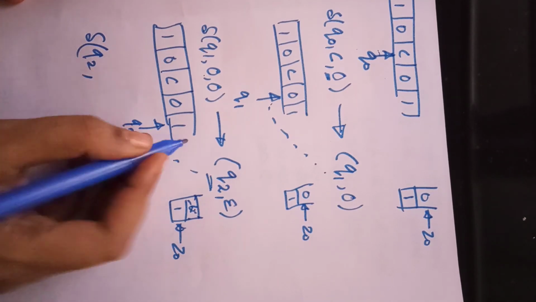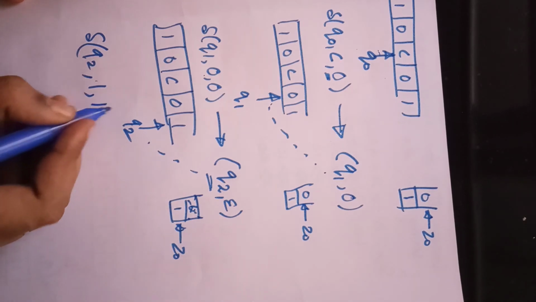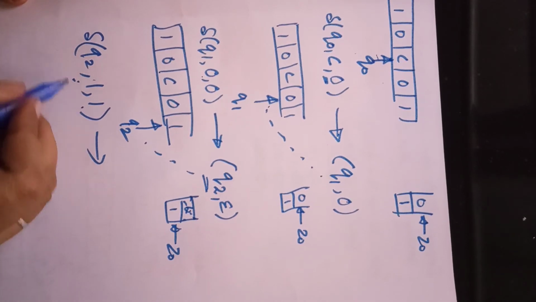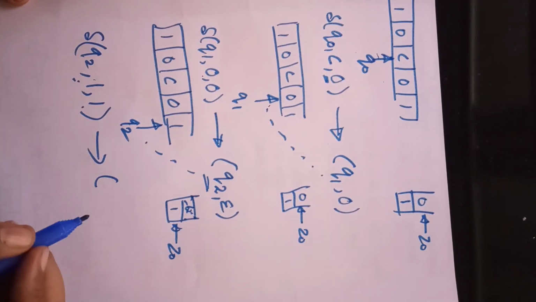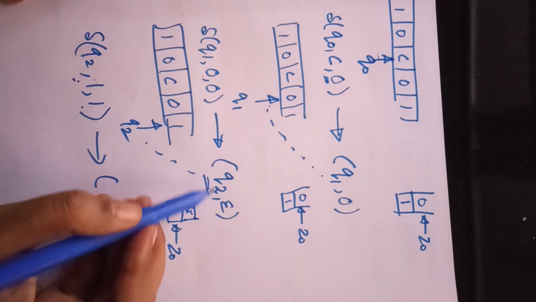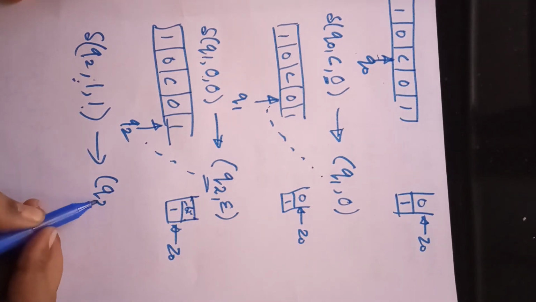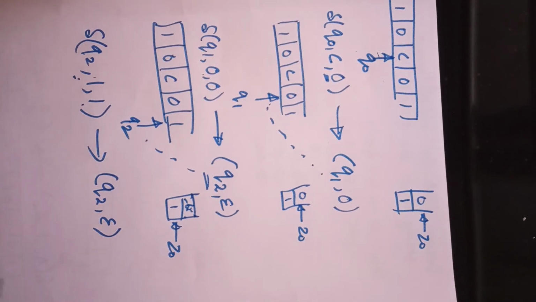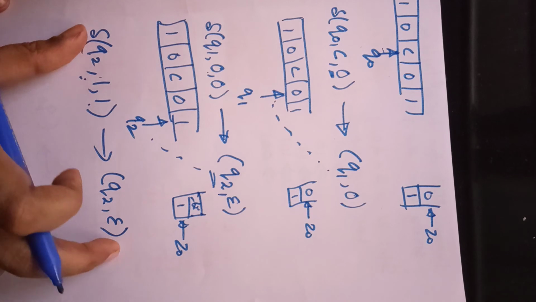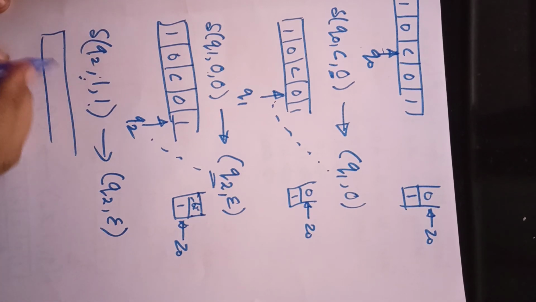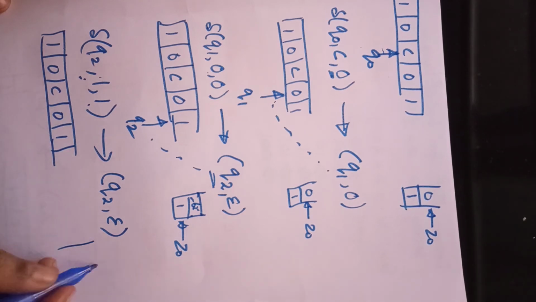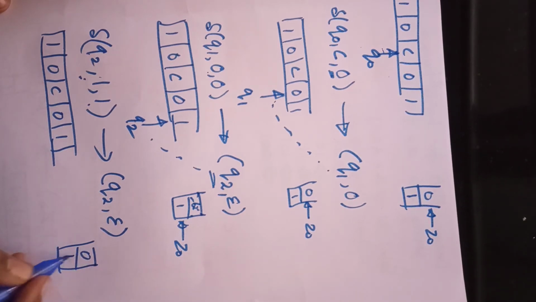q2 is now pointing to 1, and what is pointed by the top of the stack is 1. Here again we are getting the same element, we are getting the matching pair. As we are getting the matching pair, we are going to perform the pop operation. For the pop operation, we have selected q2, and the pop operation is very easy to represent, that is by using epsilon. Now whatever we had written, for that we have to draw the diagram, that is 1 0 C 0 1. And now the top of the stack 0 and 1. 0 was previously deleted, now 1 is also deleted.